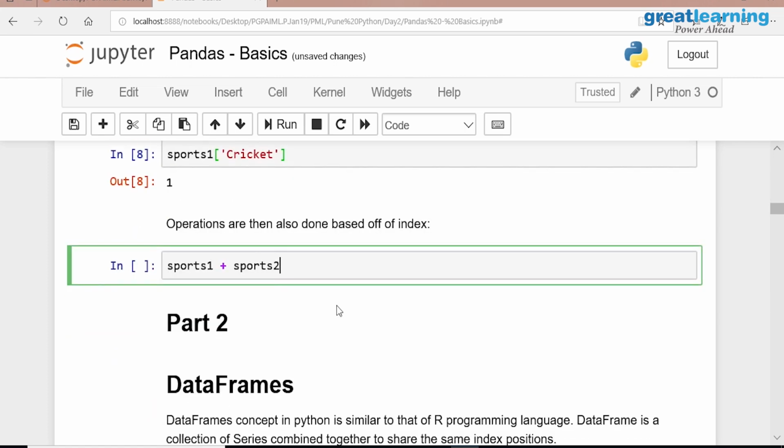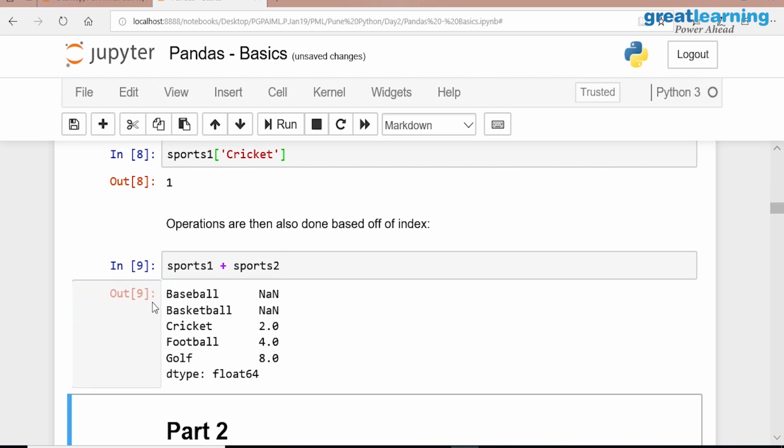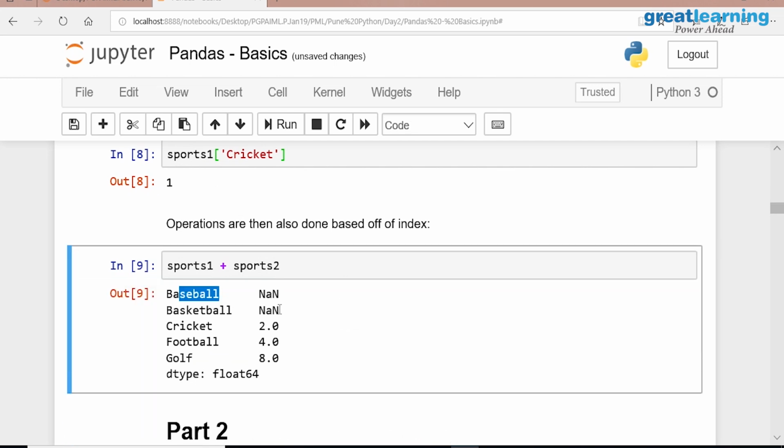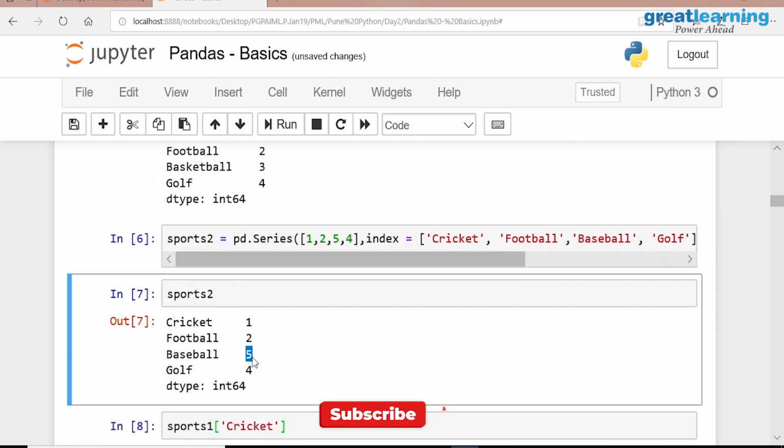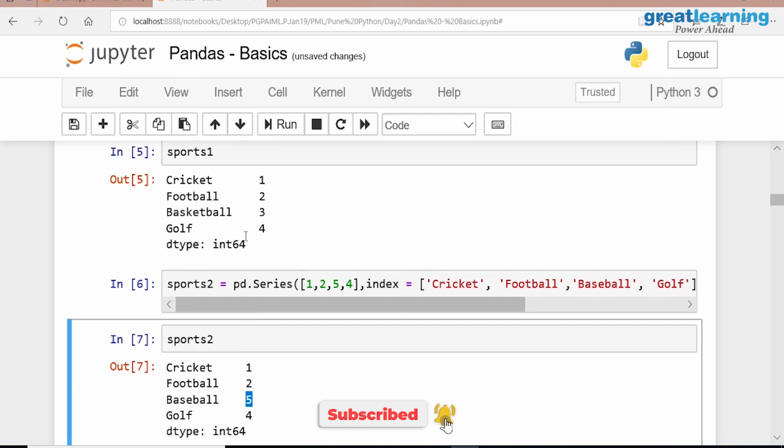Shall I do this? Sports 1 plus sports 2. Why did for baseball I get an NaN? Because baseball is there only in the second one. The first one, it didn't have it. So what it did do, it only matches the value. If it didn't find that value, it is not able to do it. It's not 5 plus 0, it's 5 plus nothing. 5 plus nothing is not 5. 5 plus 0 is 5.